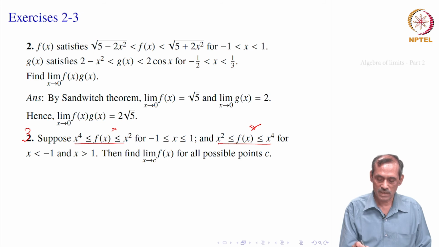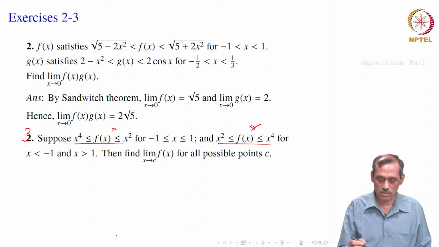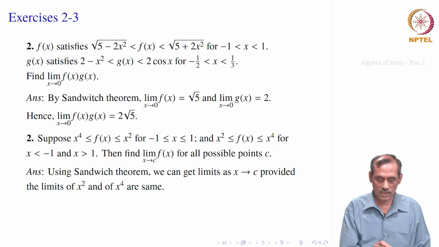this inequality is really satisfied, but in the limiting process we are thinking of the neighborhood. They can be near, not equal to. So, the other inequality also becomes relevant. So, as per our procedure, if we use only the Sandwich theorem, at which points can you really find the limit by using the Sandwich theorem? This information can only be used that way as of now. So, using the Sandwich theorem, for which c can we get the limit?